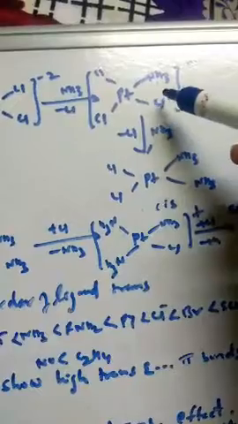Now there is competition. This Cl has more trans effect than NH3. So the incoming NH3 will be placed here, like this. And which one are we going to obtain? We are going to obtain the cis form, where the chlorines are on the same side. So the cis form of the platinum dichlorodiammine complex is what we call cisplatin. So this is what we are going to form.